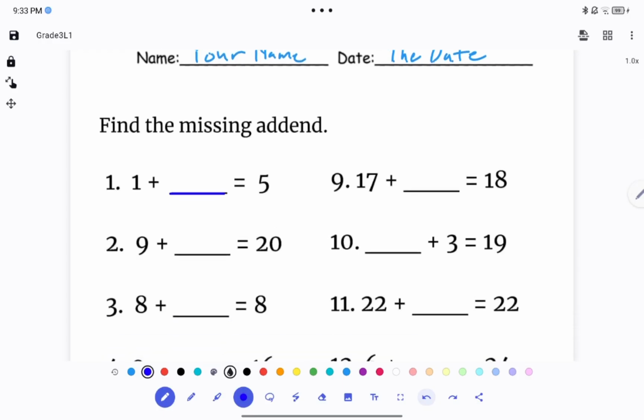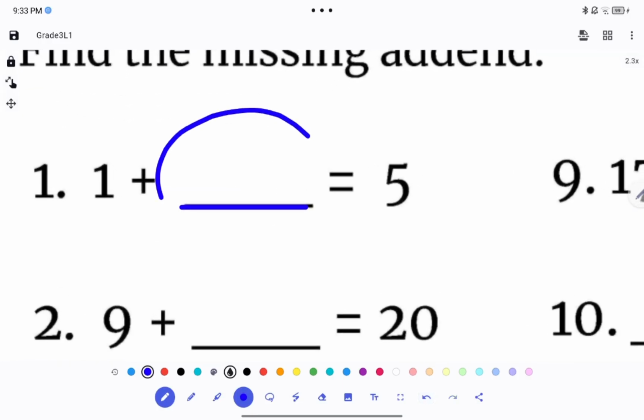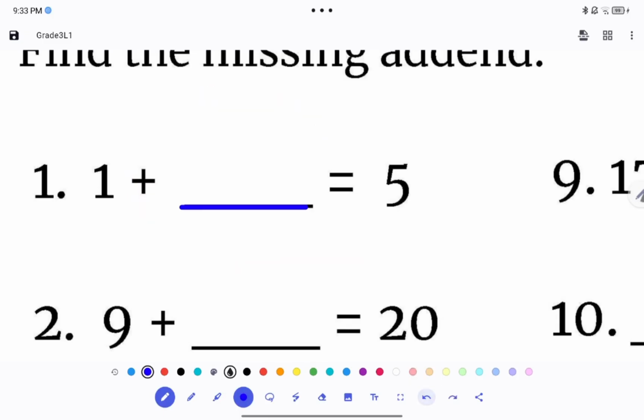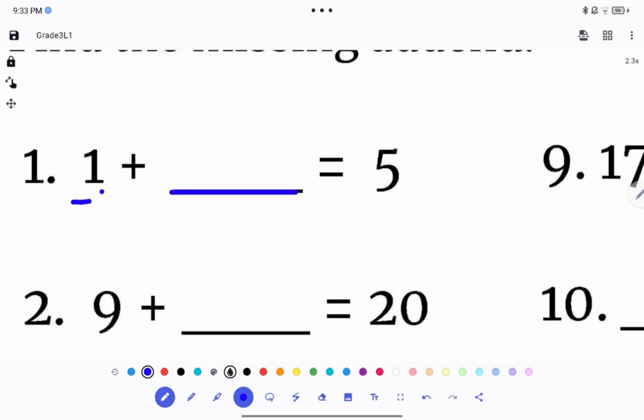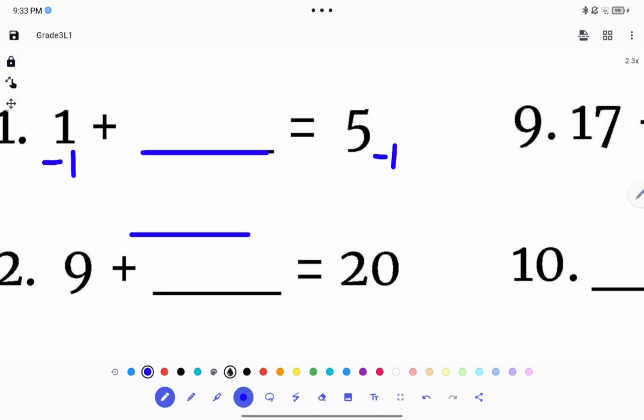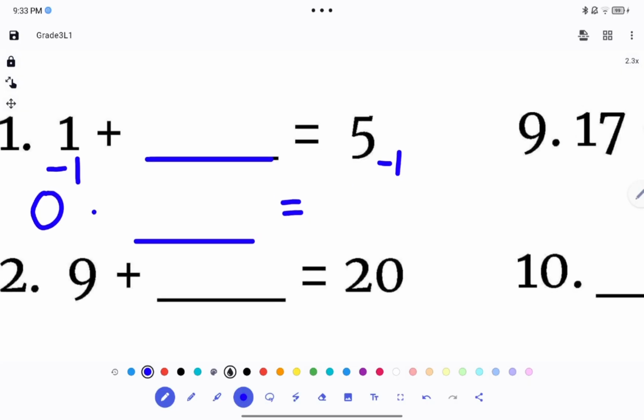So, 1 plus some number is equal to 5. Alright, so the thing is, we want to get this unknown number all on one side of the equation by itself. Now, how do we do that? Well, there's this pesky little plus 1 over here that makes this kind of annoying, doesn't it? So what if we subtract 1 from both sides of this equation? Then we get some number plus 0 is equal to 5 minus 1, which is